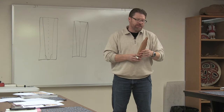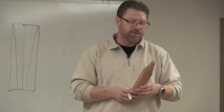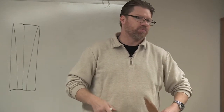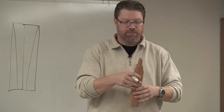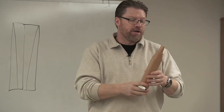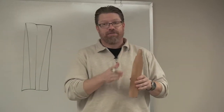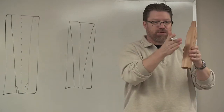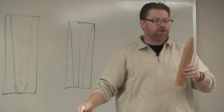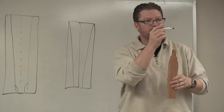I did not split this because, having access to band saws and wood planers, it makes it easier for me to just run it through like that. Now, I do have 2 pieces of wood at home that I split. If you split wood, make sure you have good straight grain wood, because it'll start splitting and then whoop, it'll take off and go on you. And the wood needs to be longer than what you need,